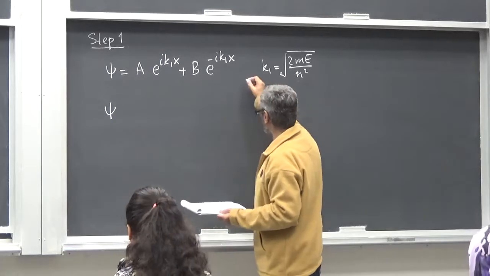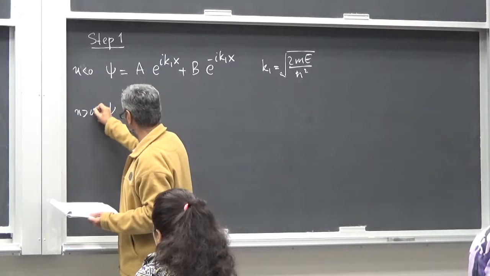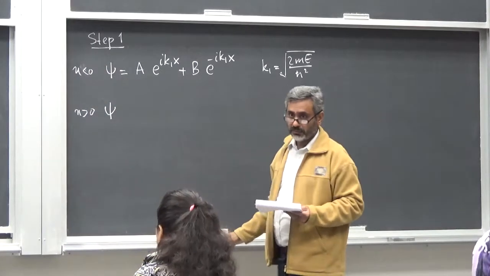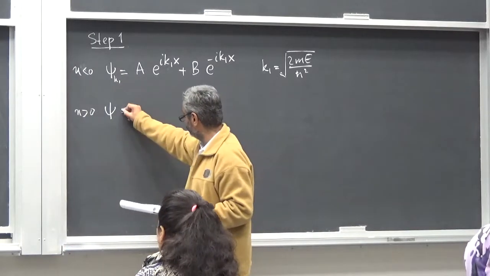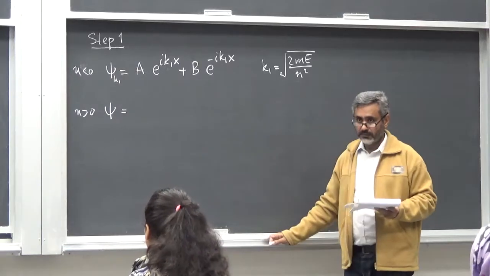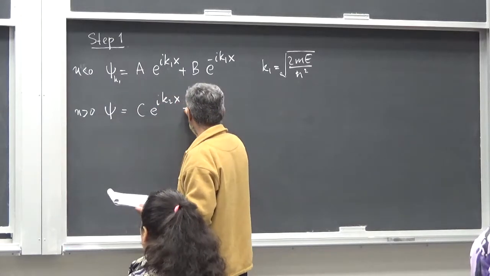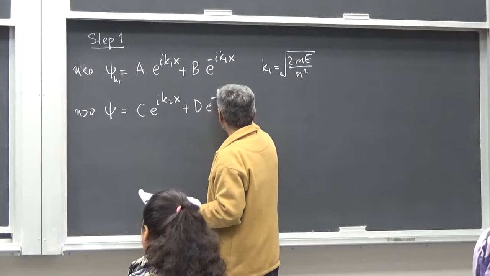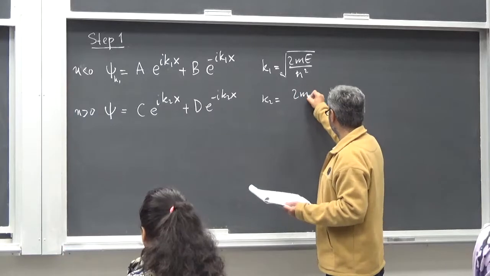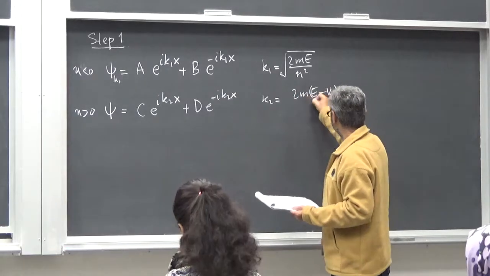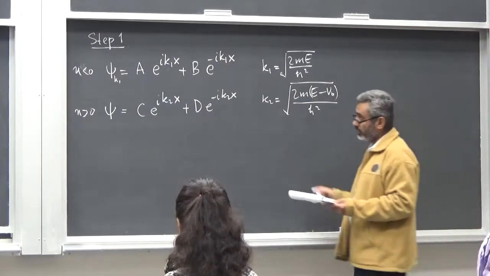So let's write x less than 0, x greater than 0, or you can call them side 1 and side 2, whatever. By the way, since this is k1, I'm going to write k1 here. C is for k2 x. Yes. C e to the i k2 x plus d e to the minus i k2 x, where k2 is